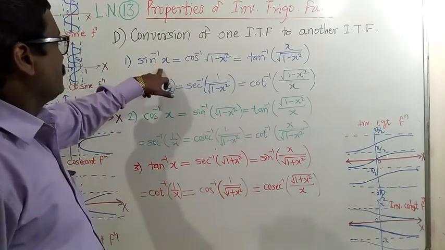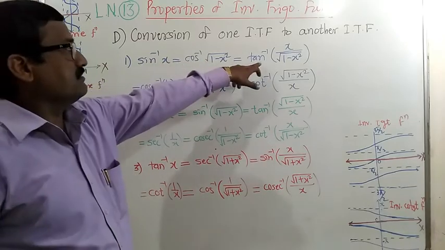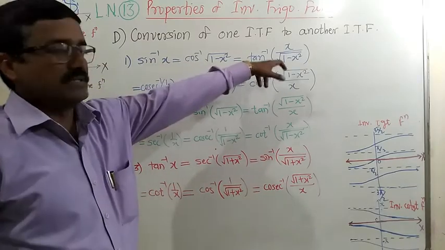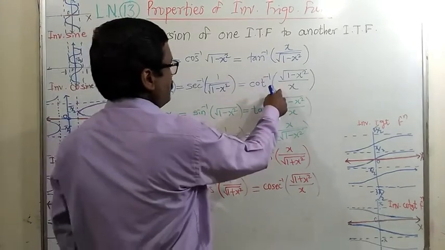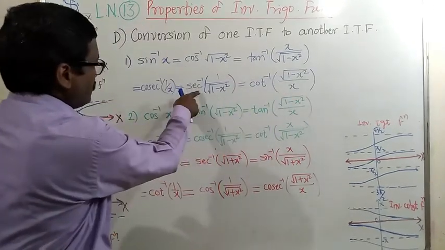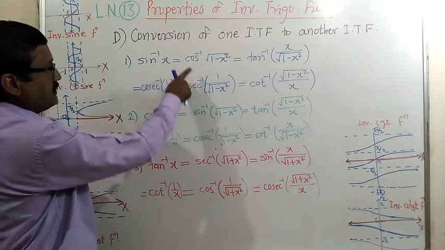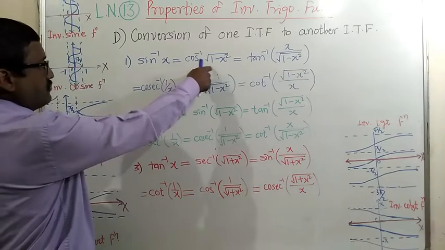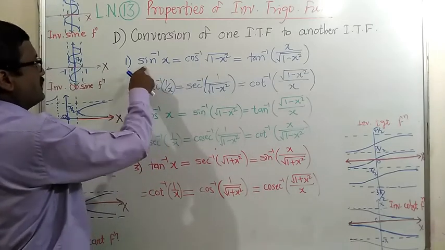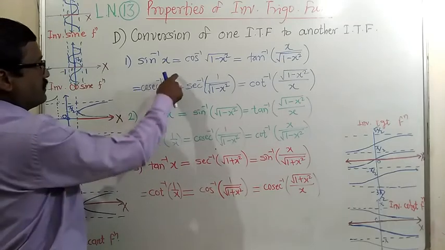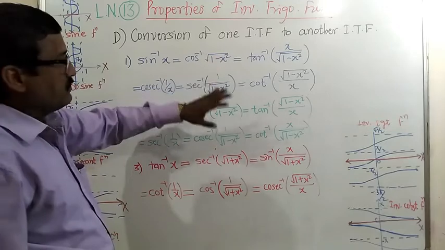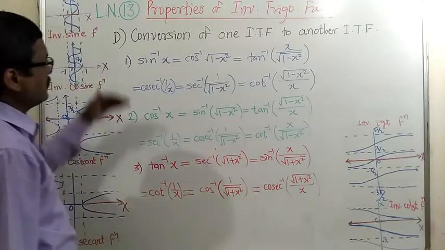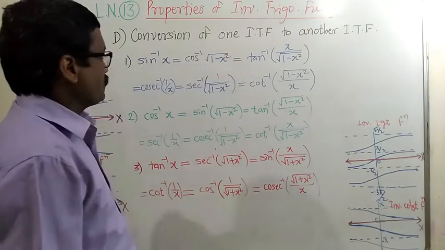If this is sin inverse, cos inverse, then tan inverse will be the ratio of these two, that is x upon root 1 minus x square. Cot inverse is again the inverse of this, so we get this. Sec inverse is the inverse of cos inverse, so sec is the reciprocal of cos, so we get this reciprocal here. Sin inverse x equal to cosec inverse of 1 upon x. Means using those previous inverse properties, we can write these ratios immediately.